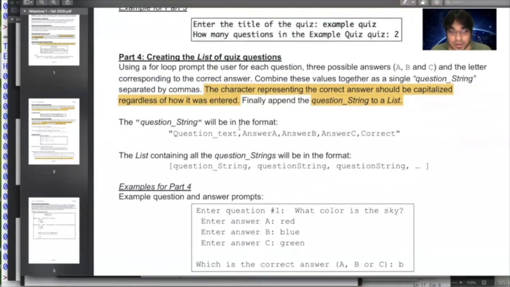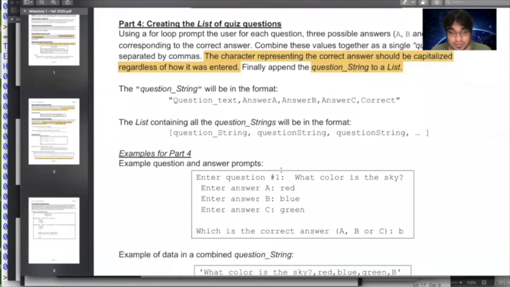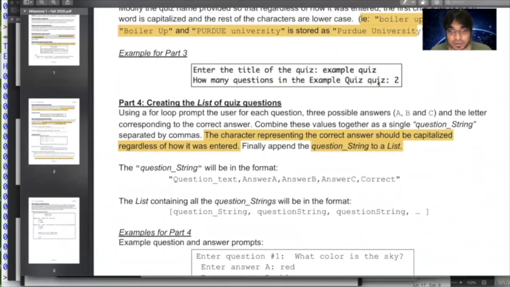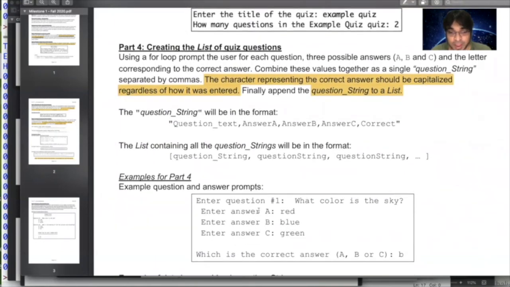Once you have made a bunch of these things, we will move on to the next part. But before that, let's look at an example. If the user had inputted, like before, that there are going to be 2 questions, we will loop through them and ask twice.